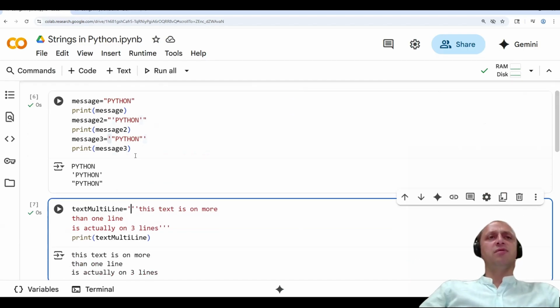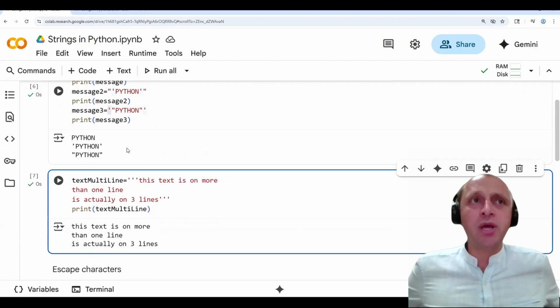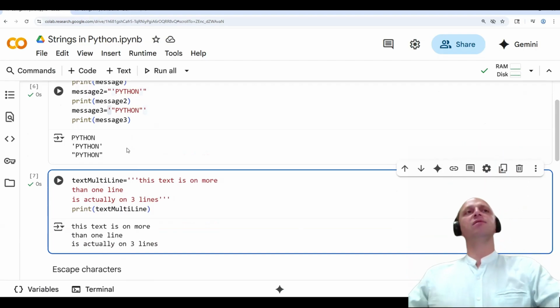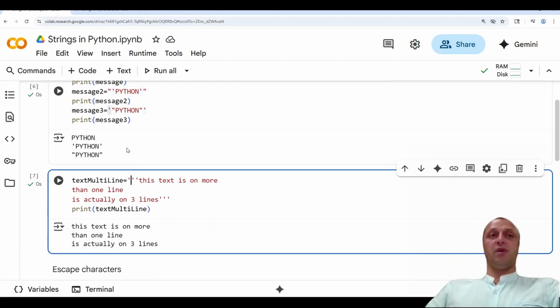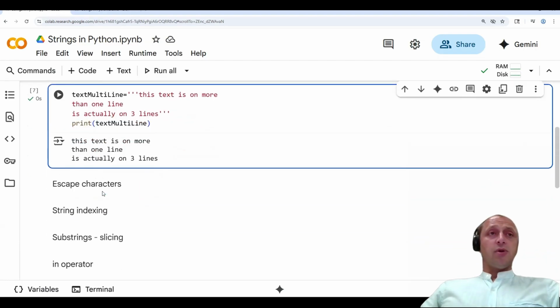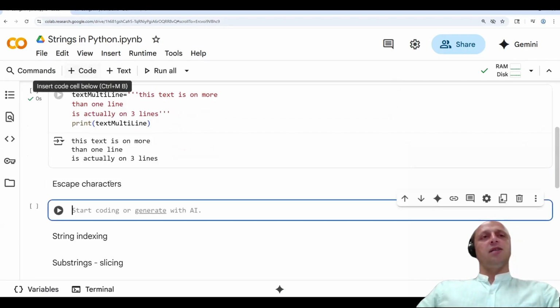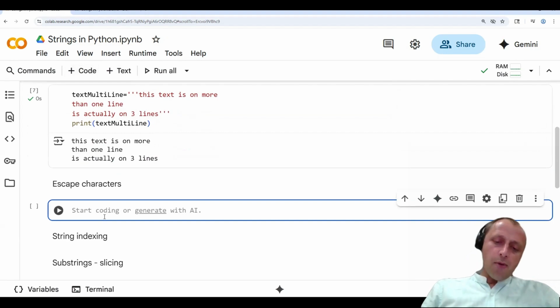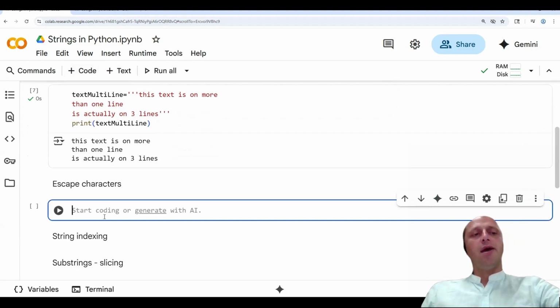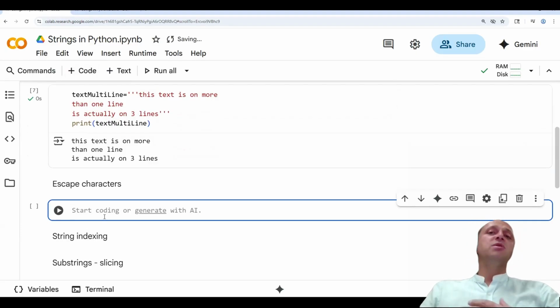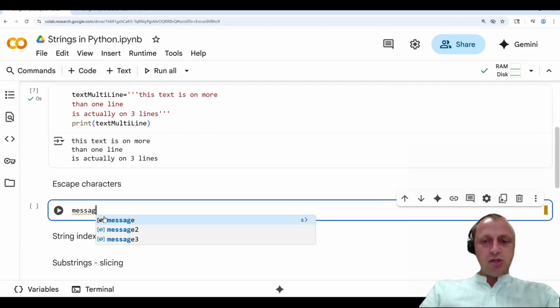We also saw it in the previous video, when we saw how we can declare and use variables of string type. Let's go now to the escape characters. Actually, with escape characters I want to have some special characters in my string value. For example, let's put also message equal